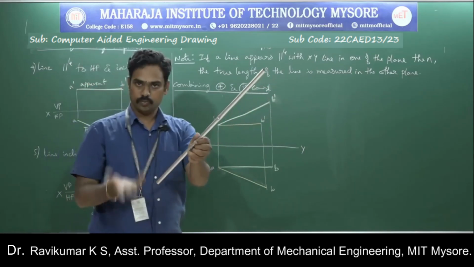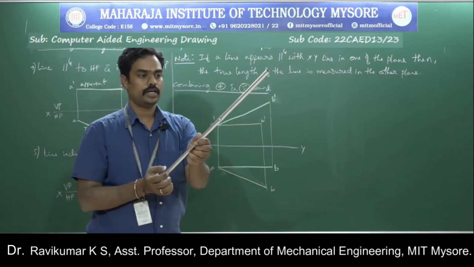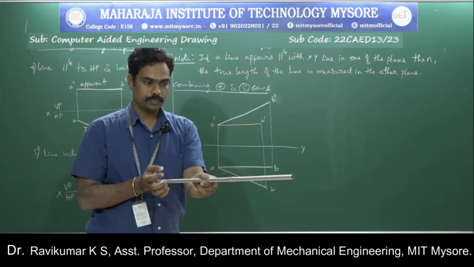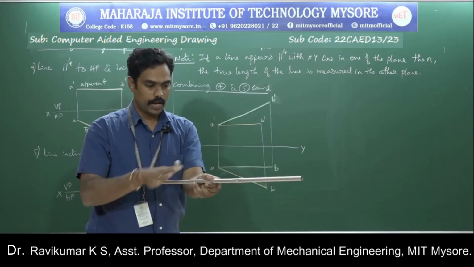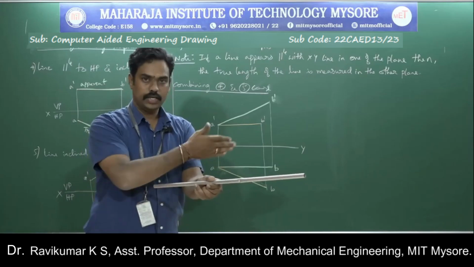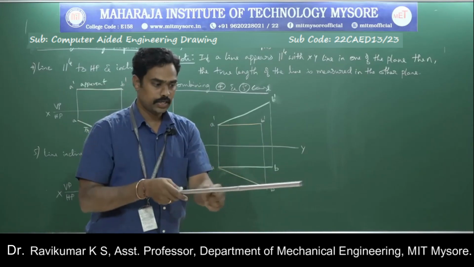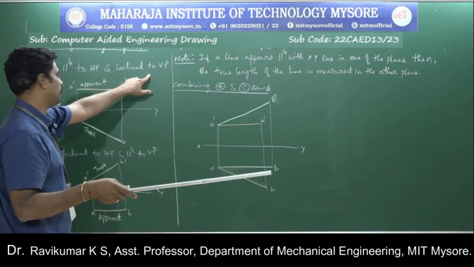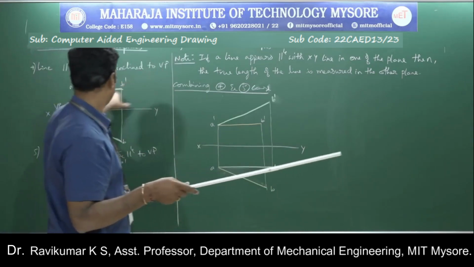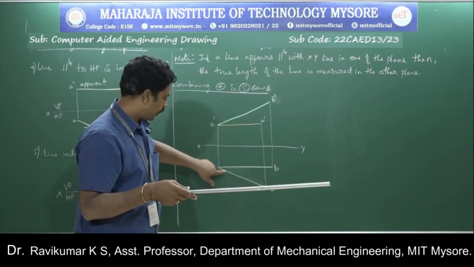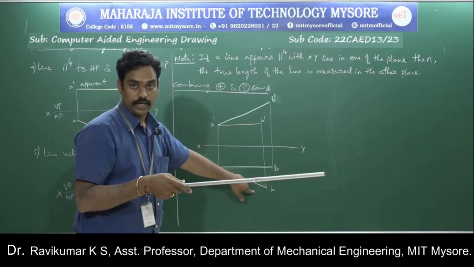Similarly, this is inclined to both the planes now. I will take off the inclination with respect to HP, something like this. I have made this line parallel to HP now. This is parallel to HP and inclined to VP. So this is the fourth case, line parallel to HP and inclined to VP, where you will get the yellow lines like this, where this is the true length, you will get it in the top